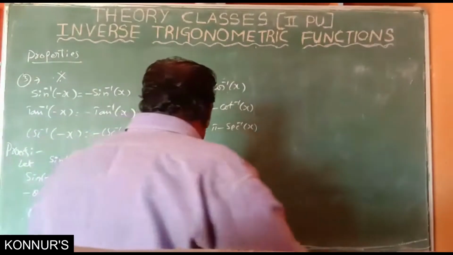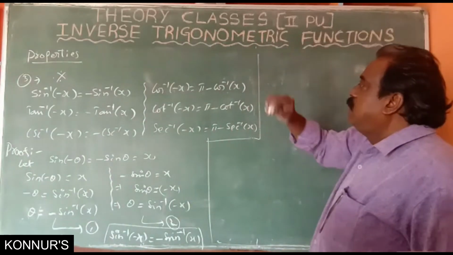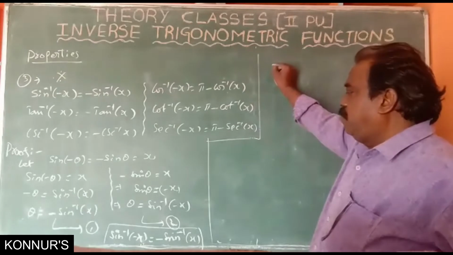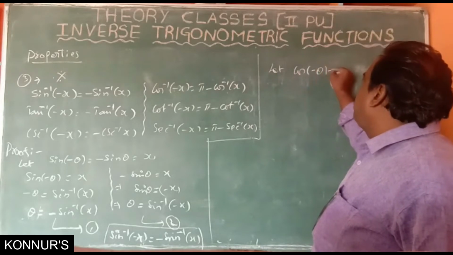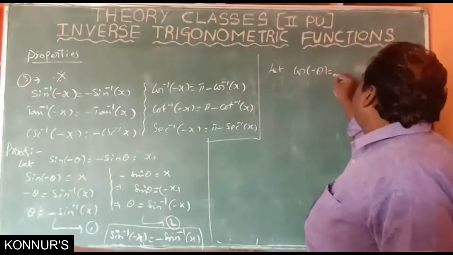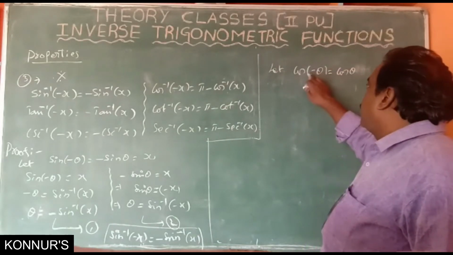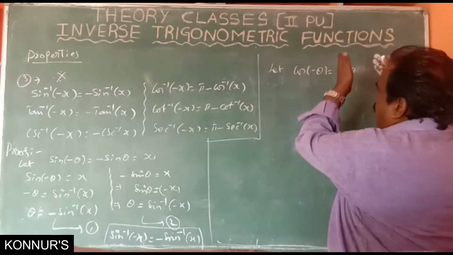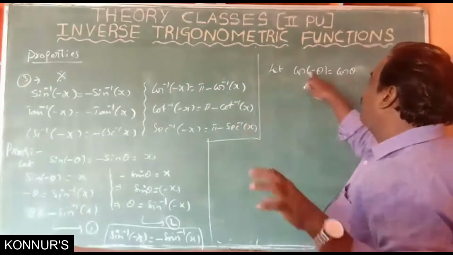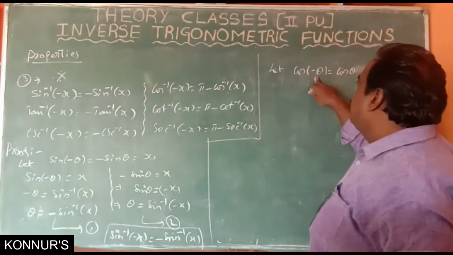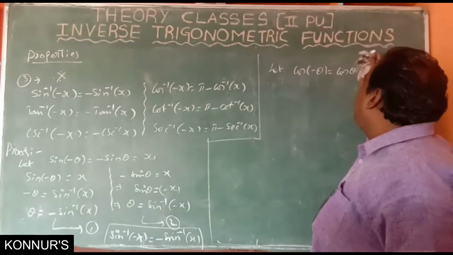Now, let's see. The case of cos is similar. Observe. If you take cos of minus theta, just like sine, cos of minus theta is plus cos theta. No use at all. Cos of some angle must be minus cos something. If you apply here cos of minus theta, it will not be minus cos theta because it is an even function.